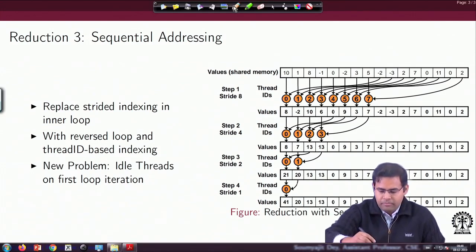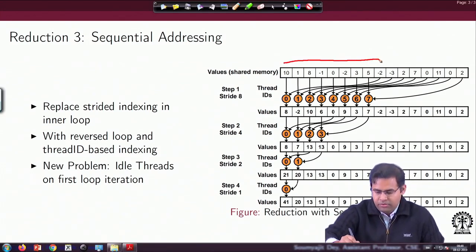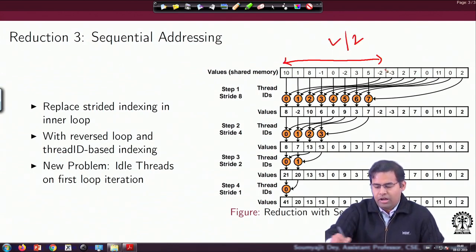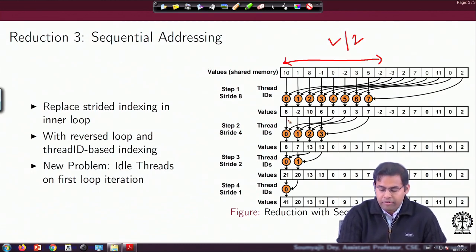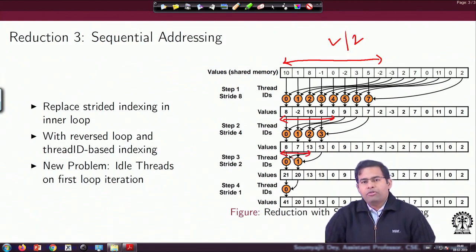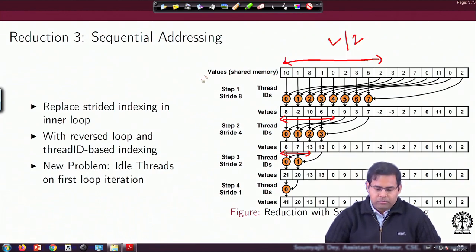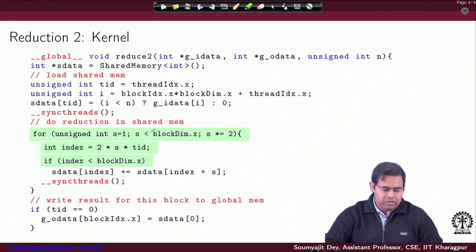and then in the next iteration the stride should reduce. So, here this stride is half of the total array size, and then it should reduce by half, and then it should further reduce by half, like that. That would mean I do not count from the lower value of stride to the higher value in multiples of 2, rather I start the loop with the highest value of the stride and get down by each time dividing the stride factor by 2. So, if we continue like that, then this is what we get.